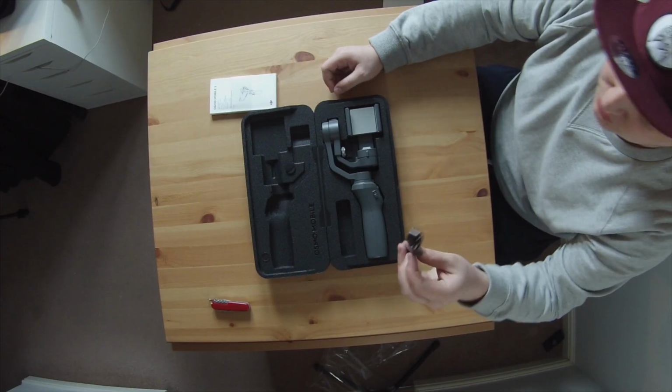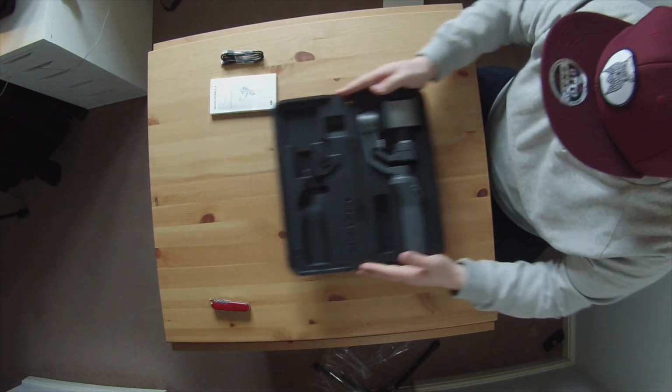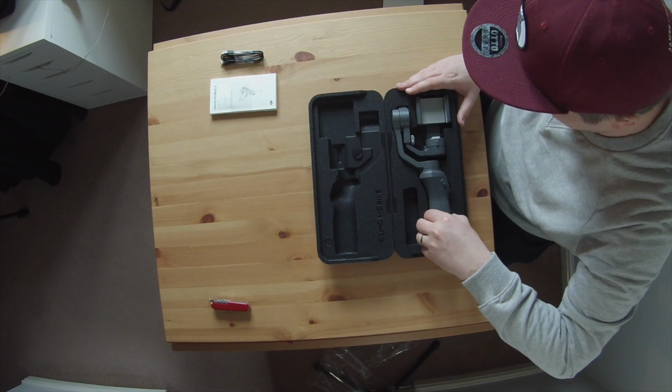No, nothing. These things? I like to make a tea out of these. No, I don't. I keep them, put them in the bottom of my camera drawer to keep any kind of moisture out if there is any in it. But still. So, what else have I got? Charging cable. Micro USB. Cool. Fine. We then have...